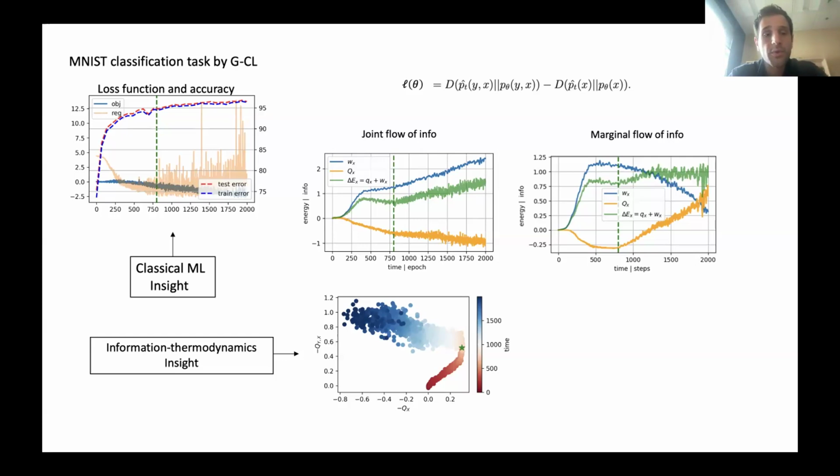Rather, I want to show the power of this thermodynamic machinery to get insight about how information evolves inside the neural network. That's the main message of this work. It's a means to measure information inside the neural network. Okay, so I'm officially done. I'm looking for your questions, if any.